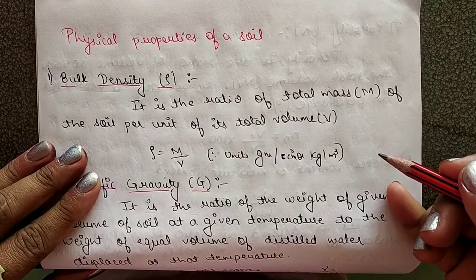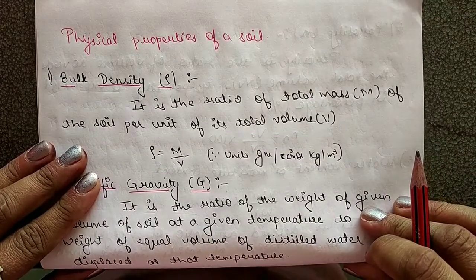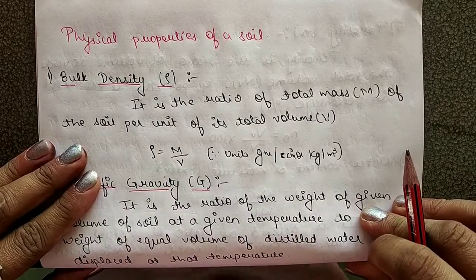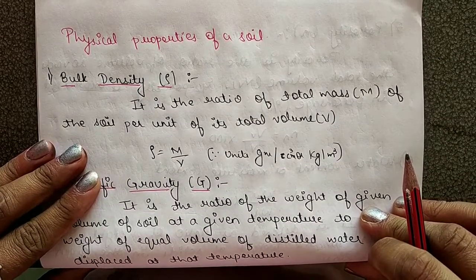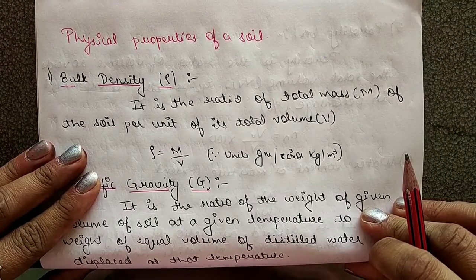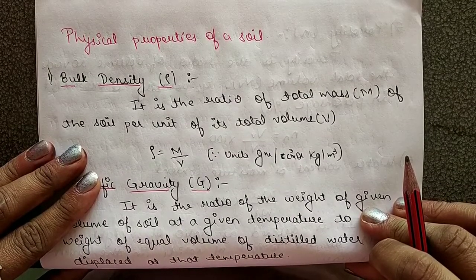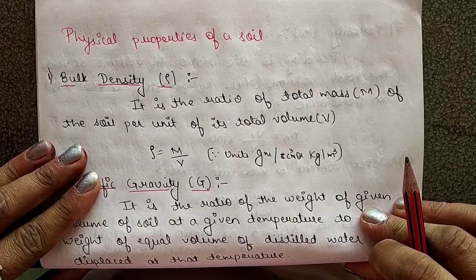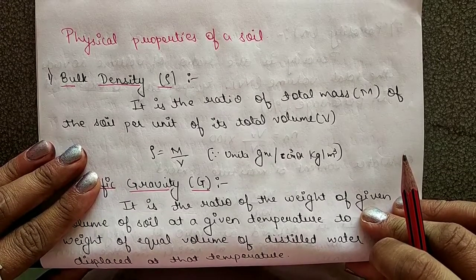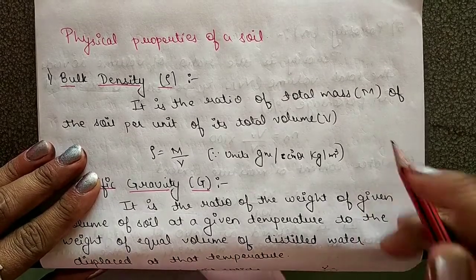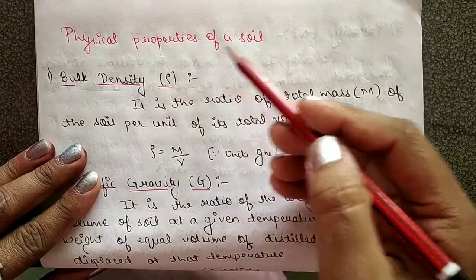In the last video, I have already started with the first unit of Construction Technology, which is Soil and its Properties. In the last class, you have already learned the definition of soil, the various classifications of soil, and even the field identification of soil. So today, let us move further in this topic. Let us understand the physical properties of soil.